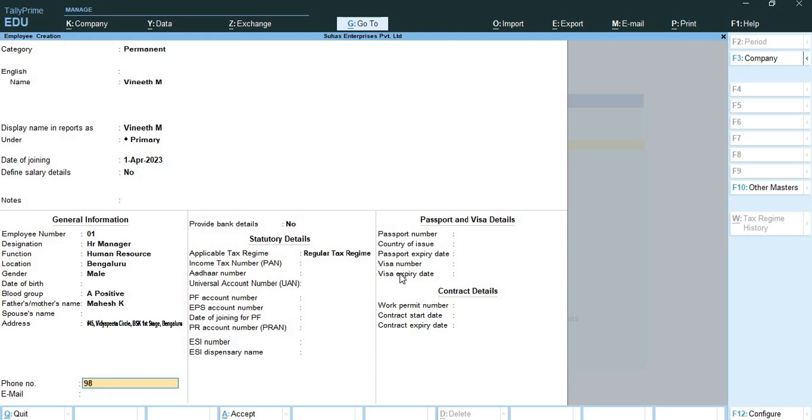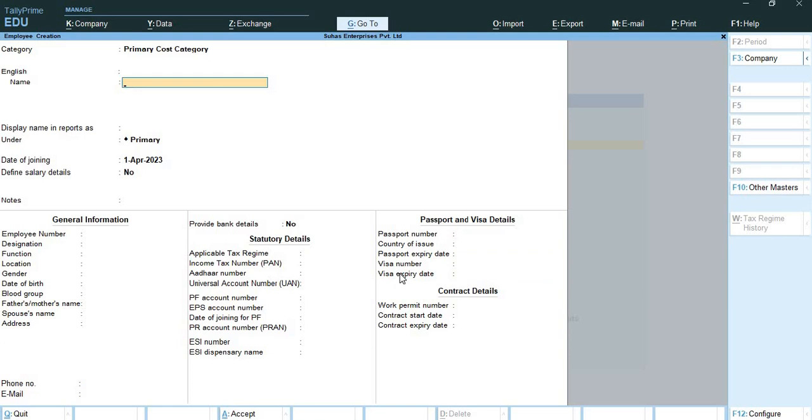Phone number is 988861200012. Email ID is vineet.m@sepl.com. Provide bank details? No. Applicable tax regime is regular tax regime. Income tax number? Nothing. So the other details are not given to me. So this way I have created first employee. Next,